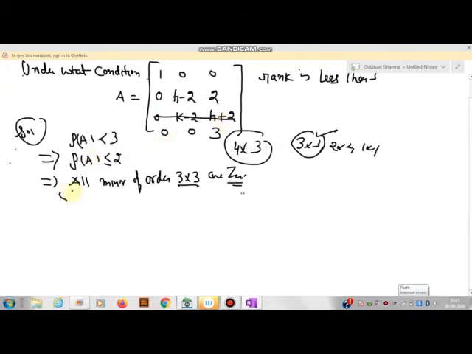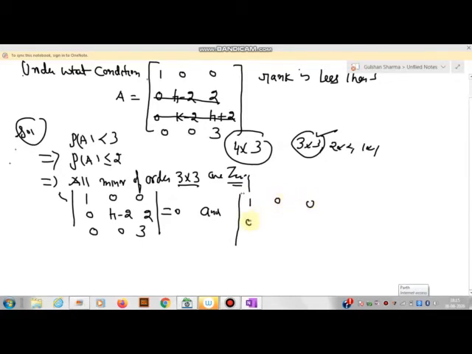तो इसका मतलब हो गया कि I have this minor 1 0 0 0 h minus 2 2 0 0 3, this is 0. Okay, and I want to calculate k also. तो एक k वाला भी ले लेते हैं. उसके लिए क्या करेंगे, हम ये वाला h वाला रो एलिमिनेट कर देते हैं. तो बनेगा that is 1 0 0 0 k minus 2 h plus 2 and 0 0 3. क्योंकि सारे माइनर जो 3/3 के हैं वो 0 हैं, इसका मतलब ये 0 हो गए.